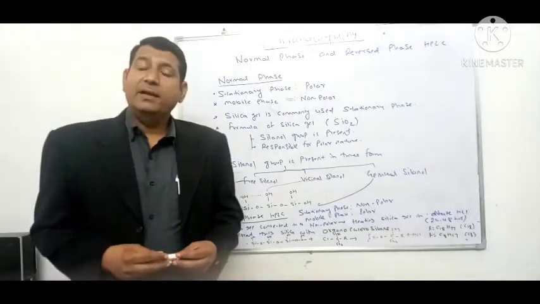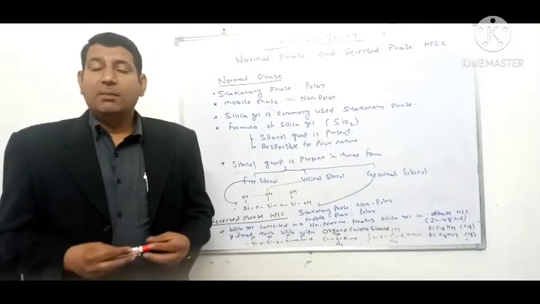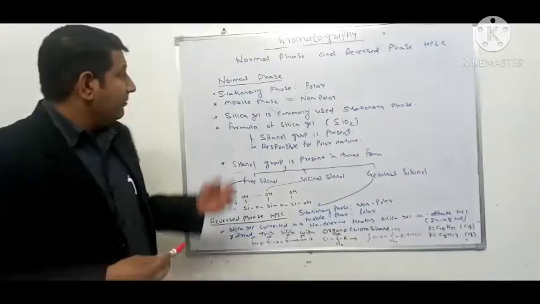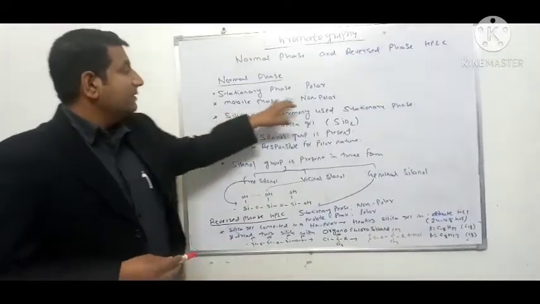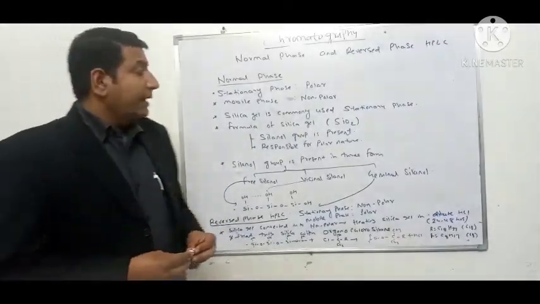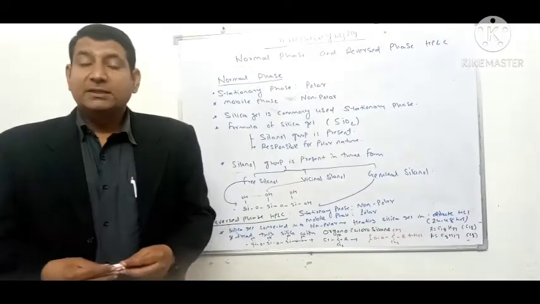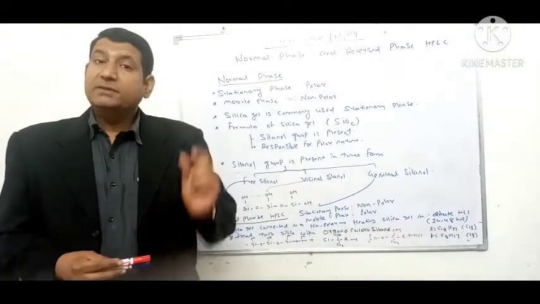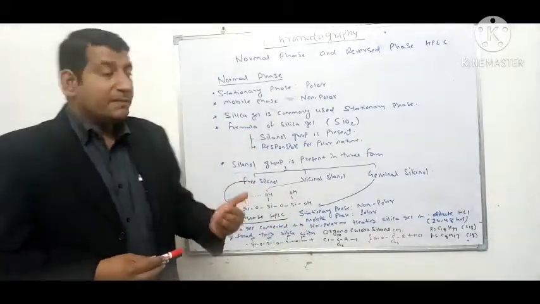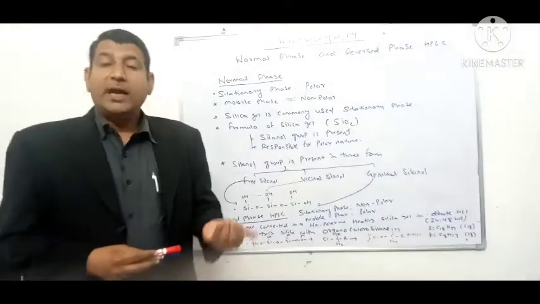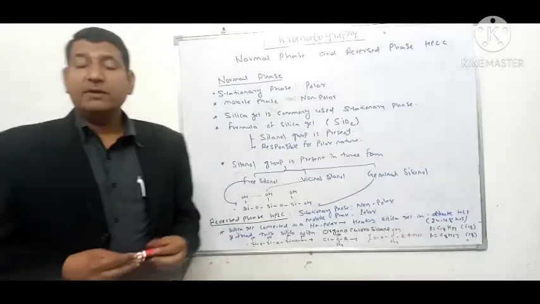As we discussed, in the chromatography technique there are two phases: number one is the stationary phase and another one is the mobile phase. In normal phase HPLC, the stationary phase is always polar in nature and the mobile phase is non-polar. Complementary to this, in reverse phase HPLC, as the name suggests, we are reversing the phase, that is, opposing the phase. So in reverse phase HPLC, the stationary phase is non-polar and the mobile phase is polar. This is the basic difference between reverse phase and normal phase HPLC.